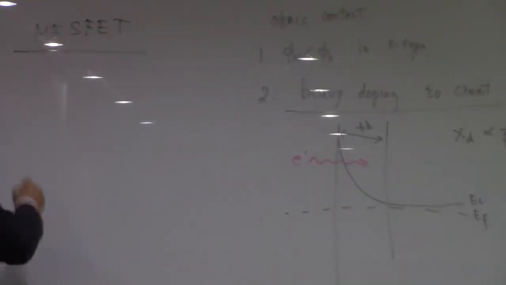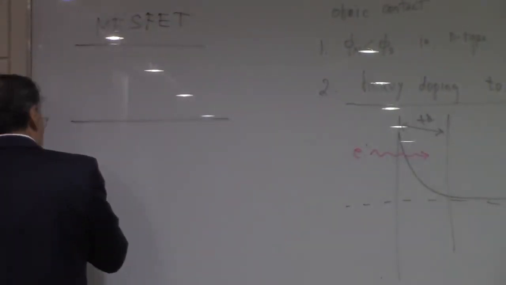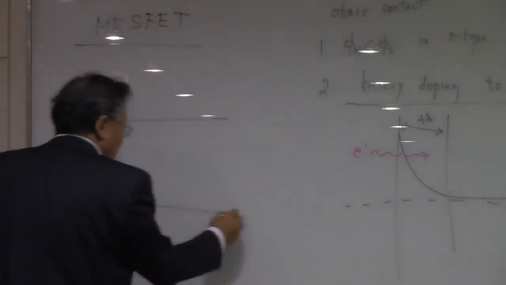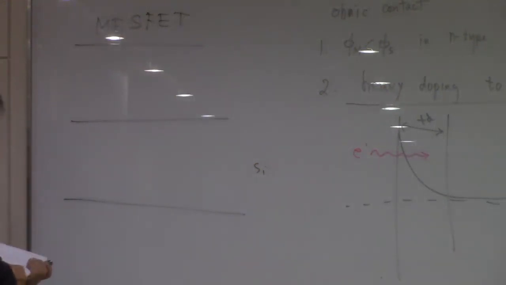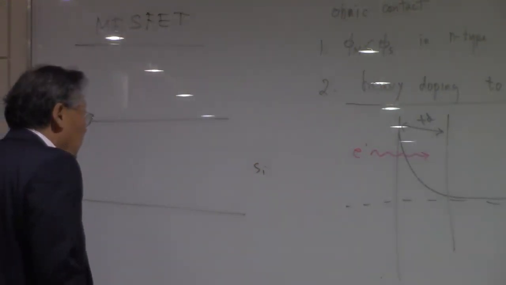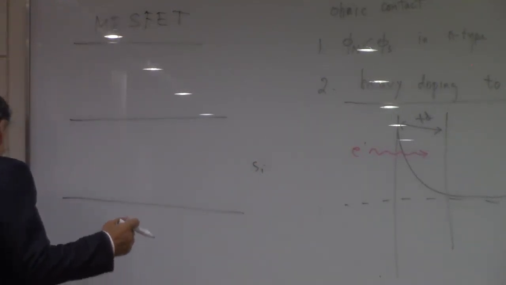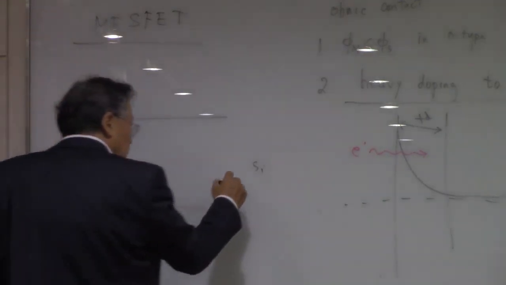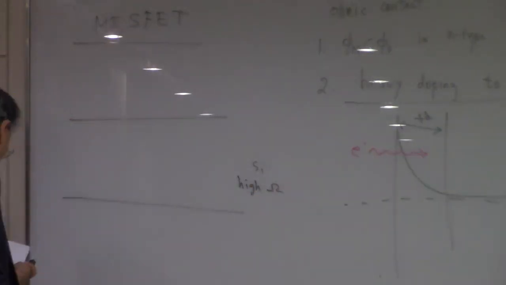Okay? And how do you make it? In the silicon wafer. Okay, this is the silicon wafer. You start out with the almost intrinsic high resistance silicon wafer,